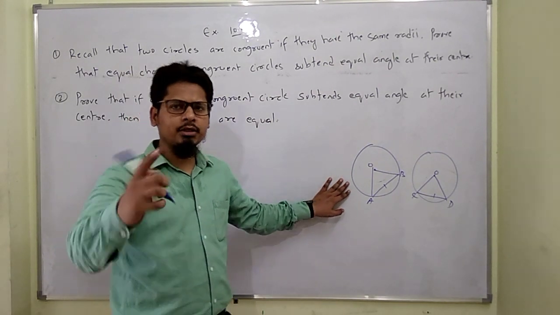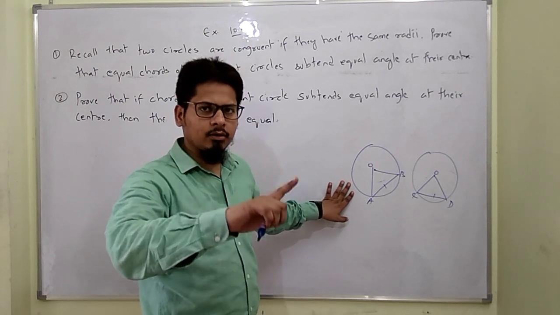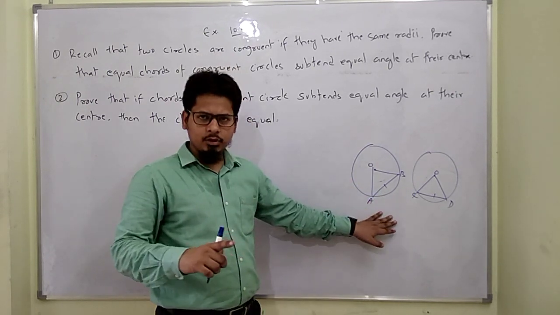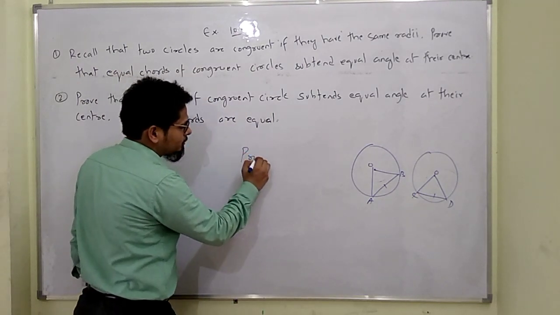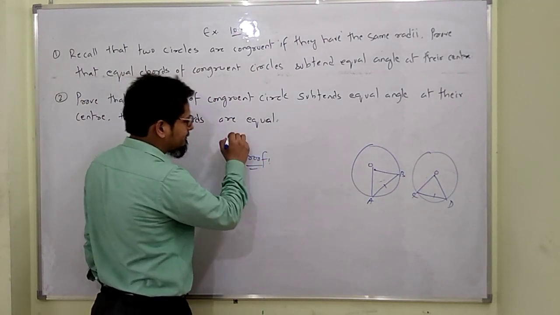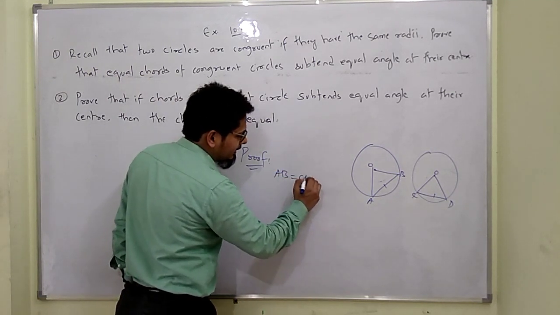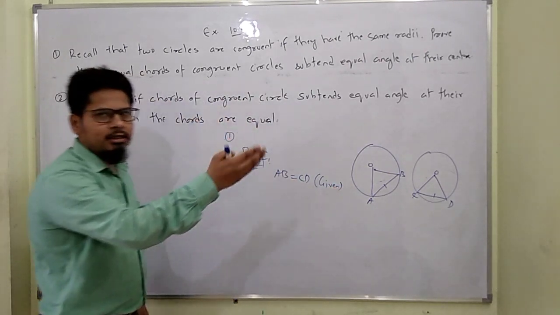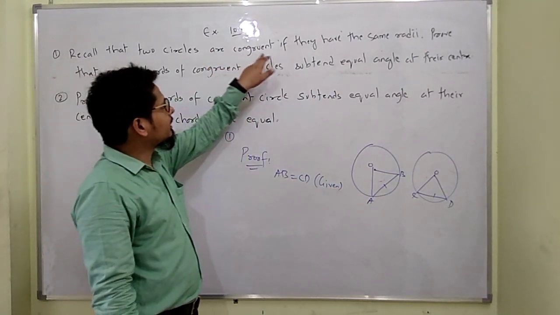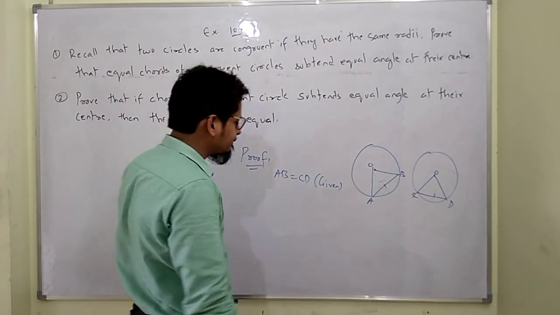I am just explaining to you. You try this question as I explained in the first theorem. Okay, in that manner you can do this question. Just the proving part I am doing here. First proving I am doing here. AB is equal to CD. It is given in the question. The first thing. Second, both are congruent circles. The circles are congruent if they have the same radii, means the radius of both the circles is the same.